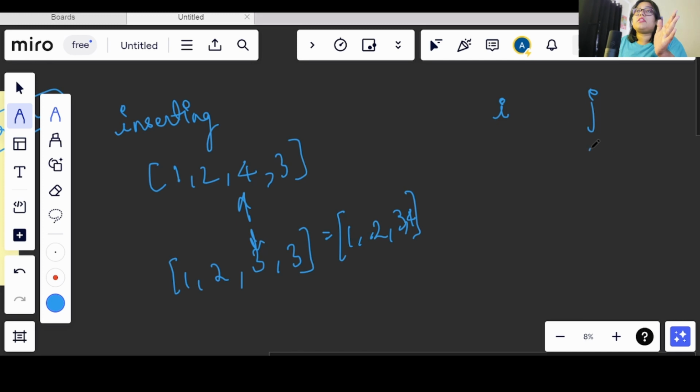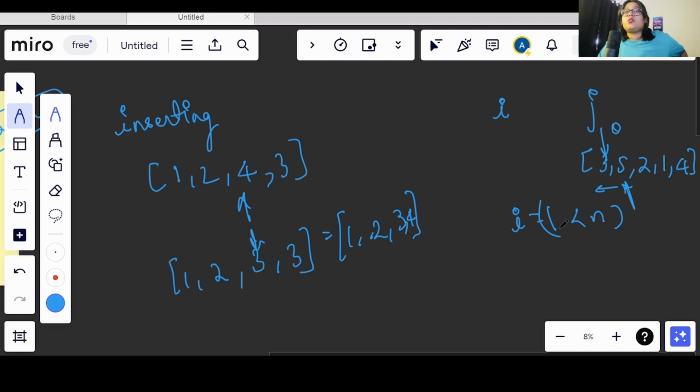Let's say we have an example 3 5 2 1 4. Now j will be moving in a reverse order. If j is on the 0th index, then i should be at an index such that both of them contain a value which can be compared, right? So i will be starting from 1 and going till less than n, and j will be starting from i minus 1 and going till 0.